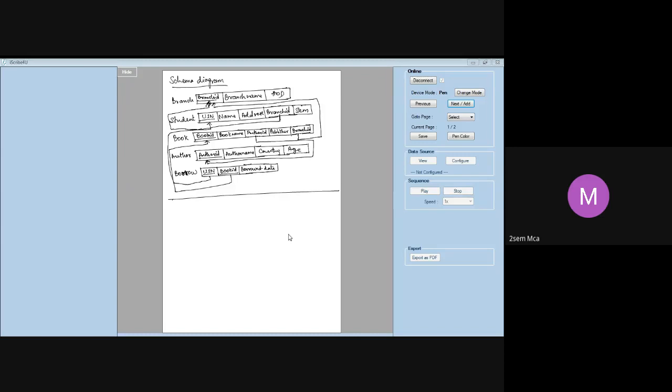You are relating book and author by author ID, and book and branch by branch ID. So from the corresponding foreign key, you should show an arrow to the corresponding primary key. From this author ID of book, we have shown one arrow up to author ID of the author table. Similarly for the others. Is it clear? Did I make it clear for you?